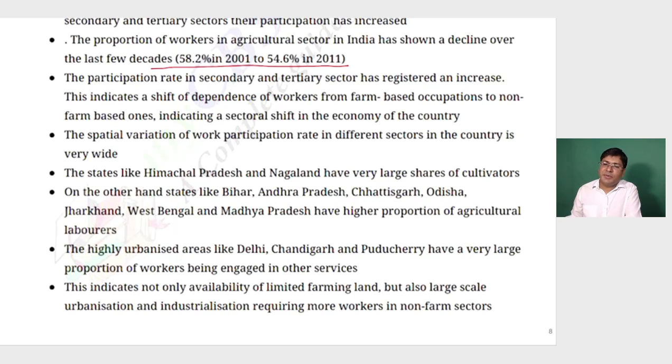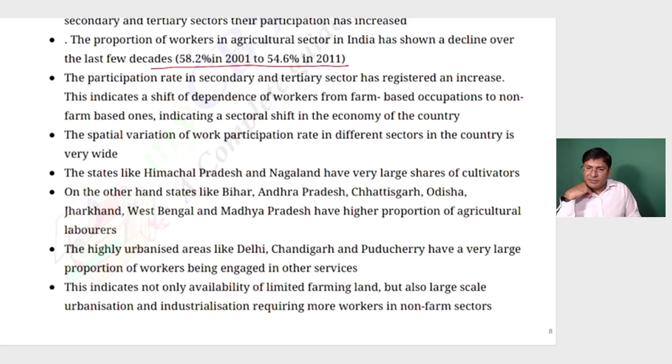No, it varies from state to state. एक स्टेट में हो सकता है कि प्राइमरी सेक्टर में ज्यादा लोग एंगेज हो, या कोई दूसरा स्टेट है जहाँ पे सेकेंडरी एंड टर्शियरी सेक्टर में ज्यादा लोग एंगेज थे। तो द वेरिएशन ऑफ वर्क पार्टिसिपेशन रेट इन डिफरेंट सेक्टर्स ऑफ द कंट्री वेरी वाइडली। अलग अलग स्टेट में अलग अलग रीजन में इसमें वेरिएशन आता है।